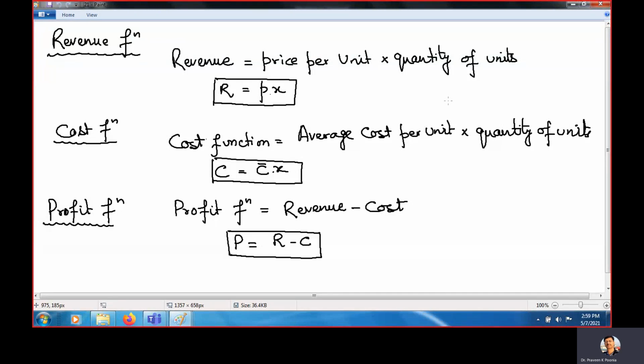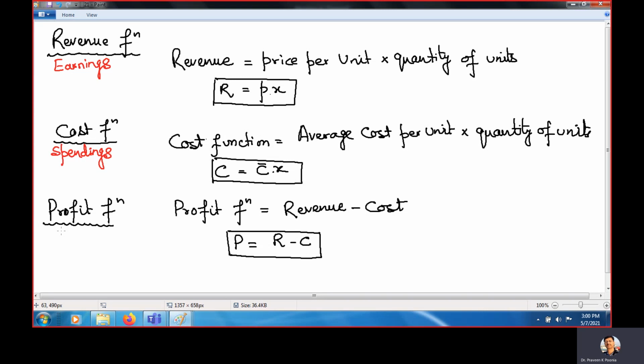In this lecture, we will discuss one of the very important uses of derivatives in mathematics for business. There are three things in business we generally study. What is the revenue? Revenue means whatever amount we are getting. Cost means total spend, how much spending we are doing. Revenue means you can say earnings, and cost means spendings.